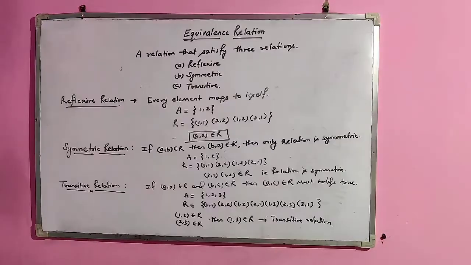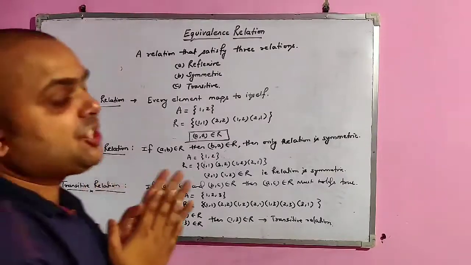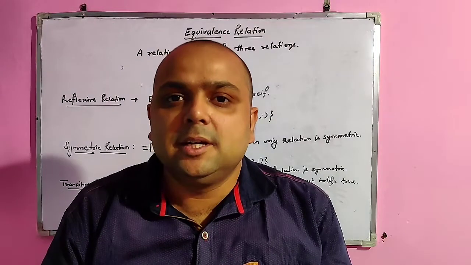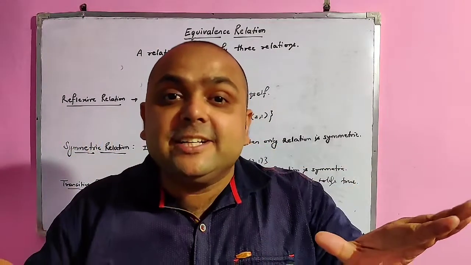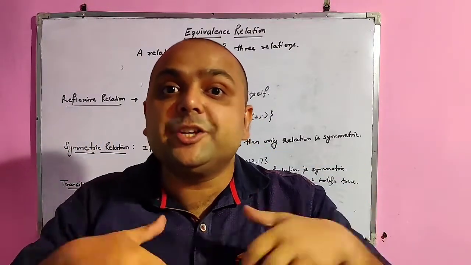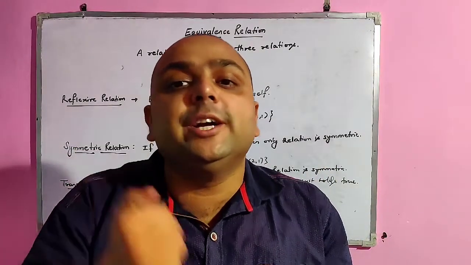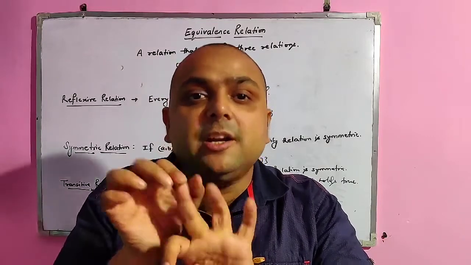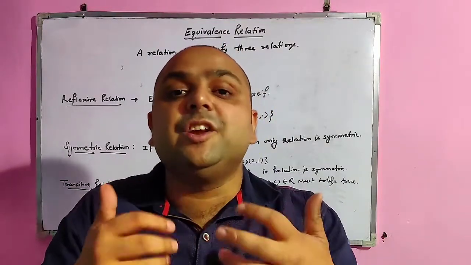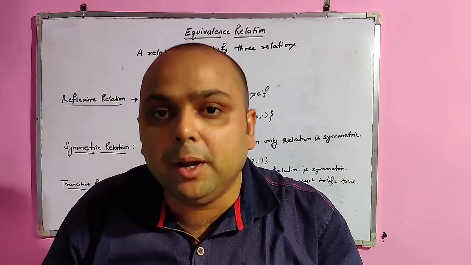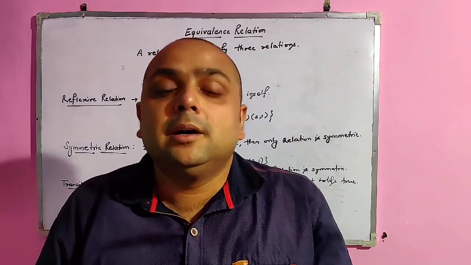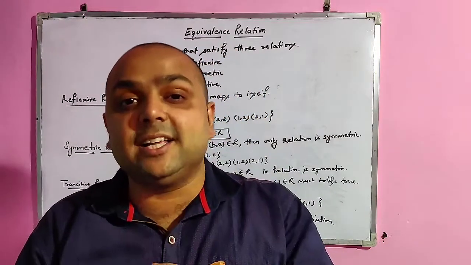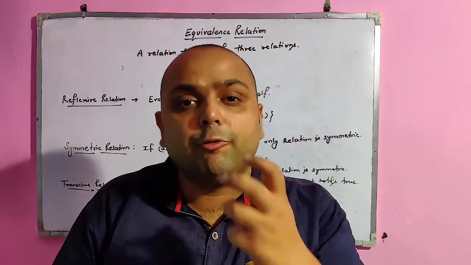Now the most important topic related to relations is the equivalence relation. As the name suggests, there is an equivalency here, meaning the relation satisfies three important conditions, that is the reflexive nature, symmetric nature and transitive nature. Now what are these three natures? We will go through one example. Suppose we have a set {1, 2} and the relation we make from that set is {(1, 1), (2, 2), (1, 2), (2, 1)}.